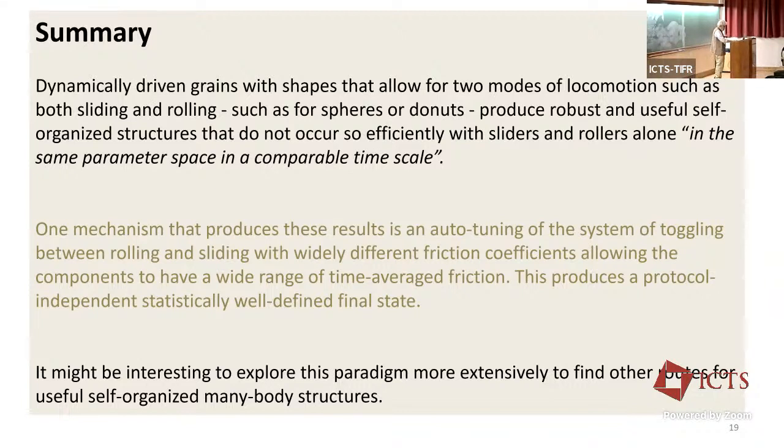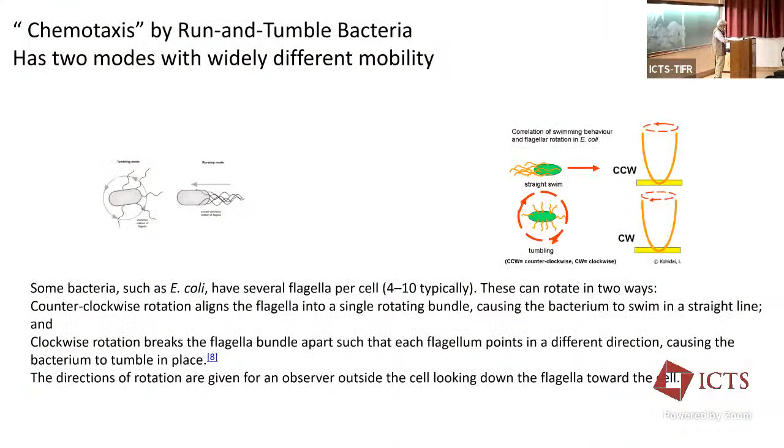So this is the summary, but what I'd like to do is to end with some outrageous statement, okay? And the outrageous statement is chemotaxis. So we know of another case in nature where a particle, in this case a bacterium, has two mobilities. One is run and one is tumble. So what these E. coli do is they have flagella, and these flagella are these little